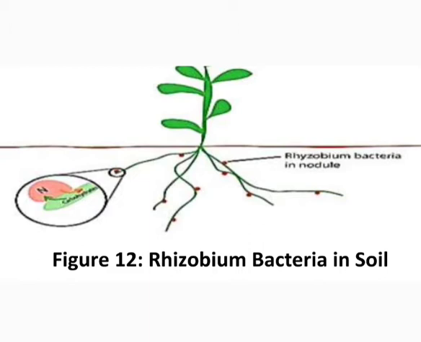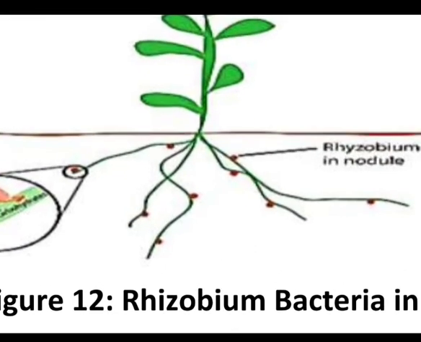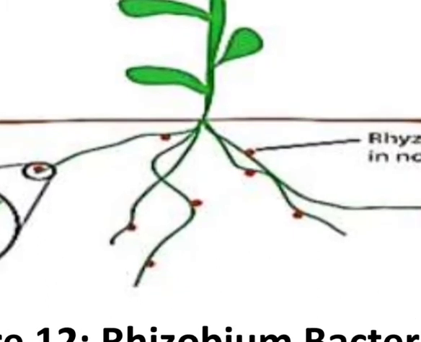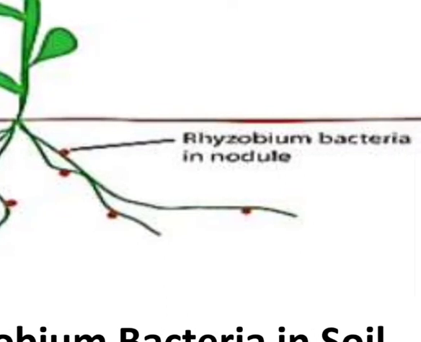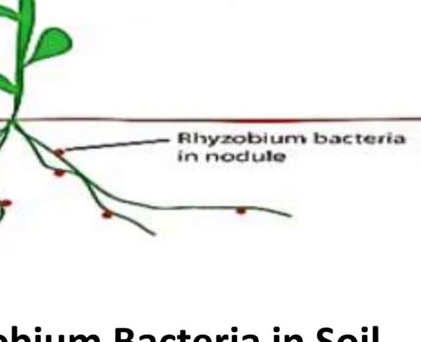So here we know that Rhizobium bacteria, they are living microorganisms. That is why bio word is there, and they help in fixation of nitrogen. That is, they are converting the atmospheric nitrogen into usable form. That is why it is considered as biological nitrogen fixation. So these bacteria, they are found only in the nodules of leguminous plants.